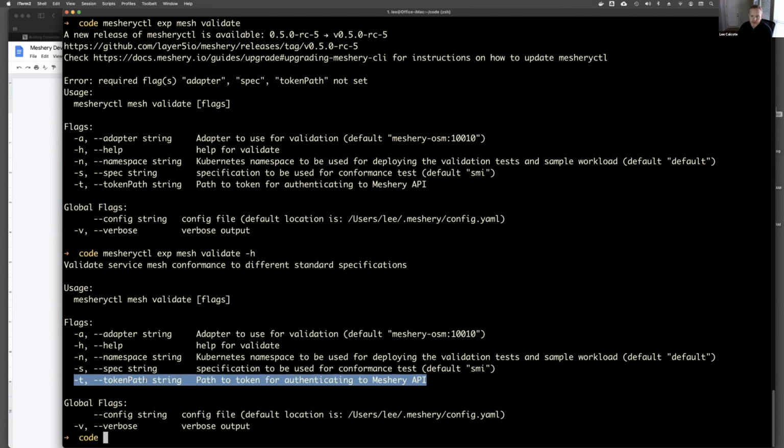Also, as individual service mesh teams come to register their account and say, this is the account that I want to use in the Meshery provider to send in our official results, part of that registration process might also be, Utkarsh, if you give this some consideration, if we're able to generate a very long-lived token for that account,